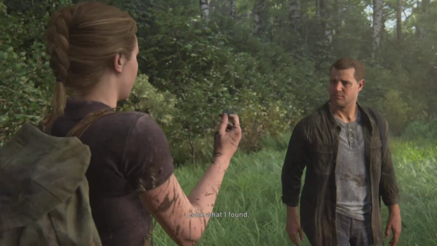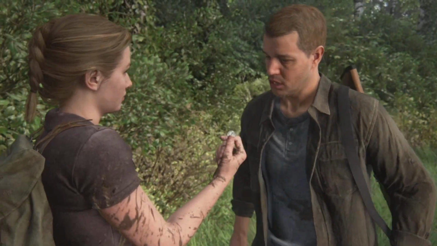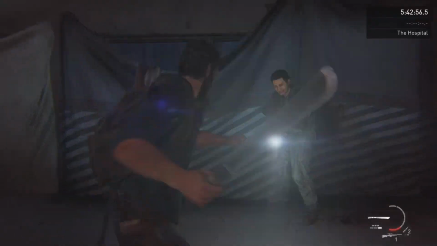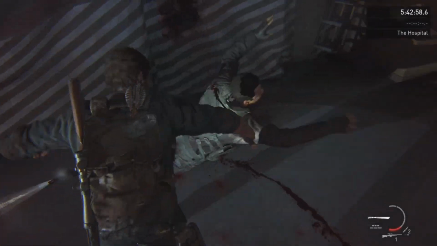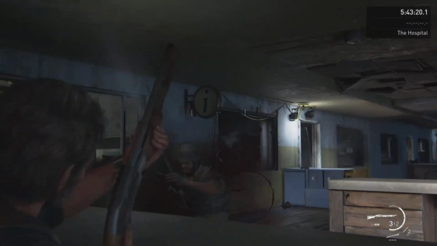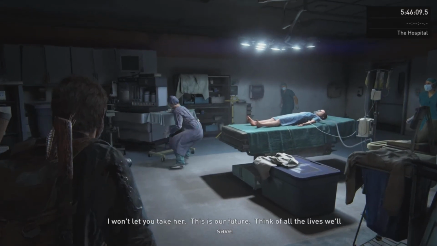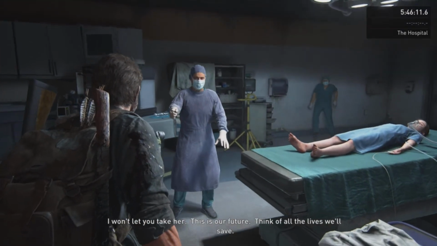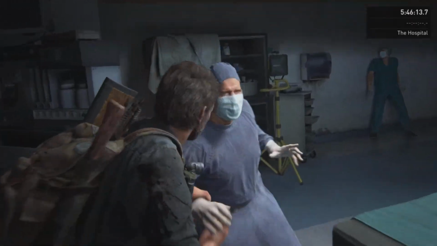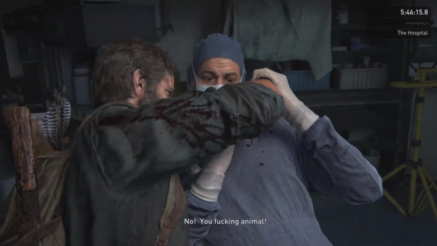Number 7. The Jackson crew had no idea that Ellie's surgeon was Abby's father. At the end of The Last of Us Part 1, Joel killed a bunch of fireflies in order to save Ellie. One of these fireflies was Jerry Anderson, who was going to perform the surgery that would have killed the immune girl. When the original game was released, players had no idea that this surgeon would end up being one